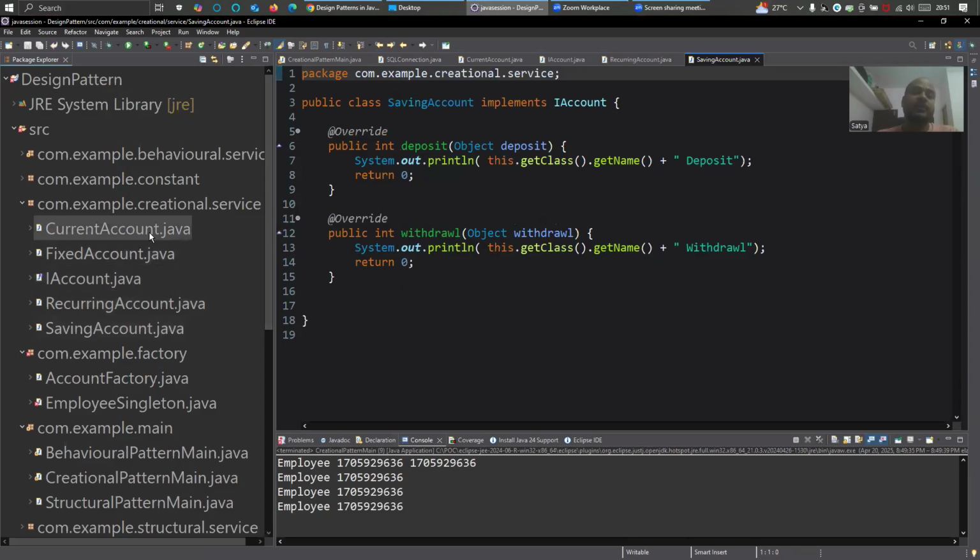That's why they are called abstract and interface. The concrete class is the class which has the